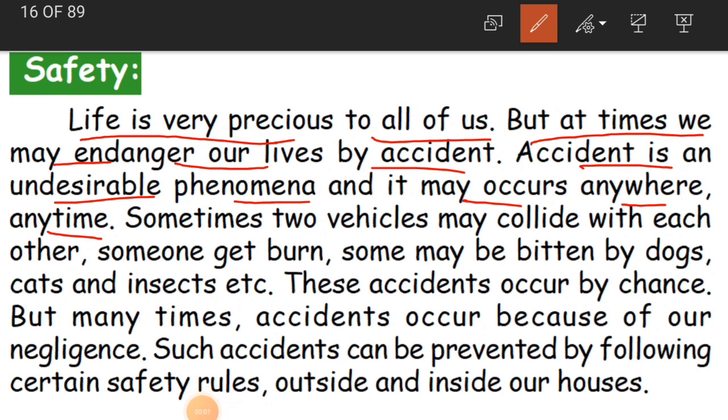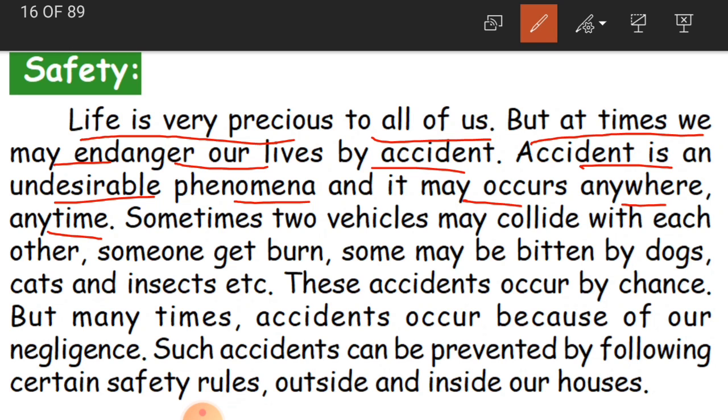Children, as our lives are very precious and valuable to all of us, nobody wishes to face or have an accident. So accident is an undesirable phenomenon. Undesirable means we do not wish for it to happen, and it may occur anywhere, anytime.